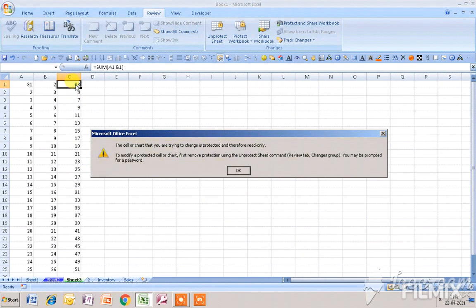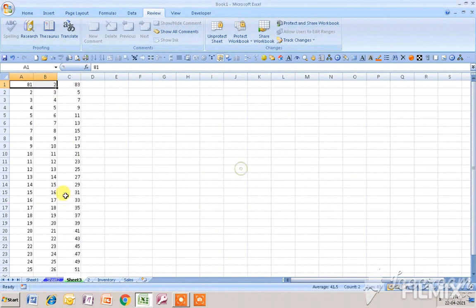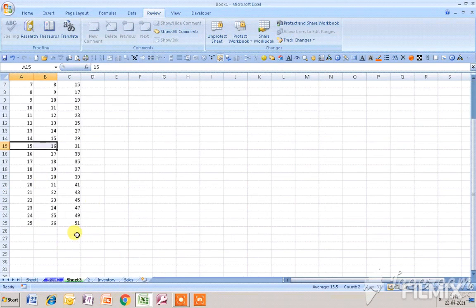So if I double click on it and try to edit, I can't do it. By this process, you can protect all the formulas. But if I click on any other cell, if I click on this cell, then I can change this cell. This cell is not protected.